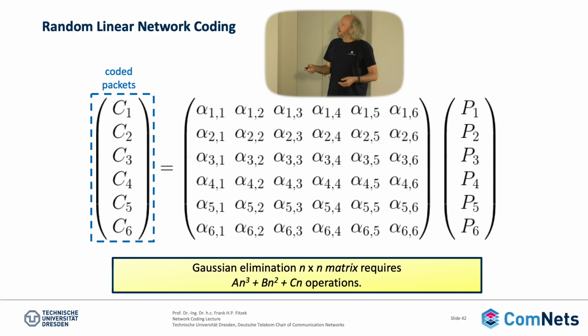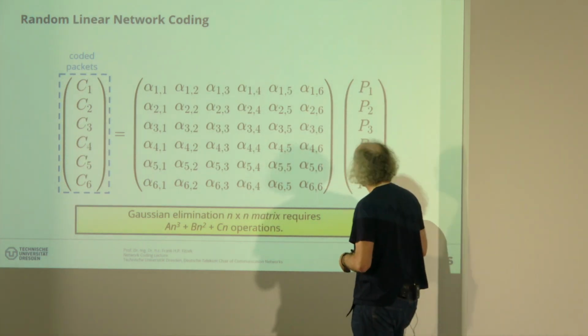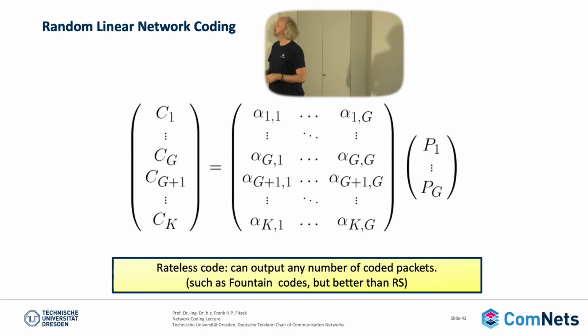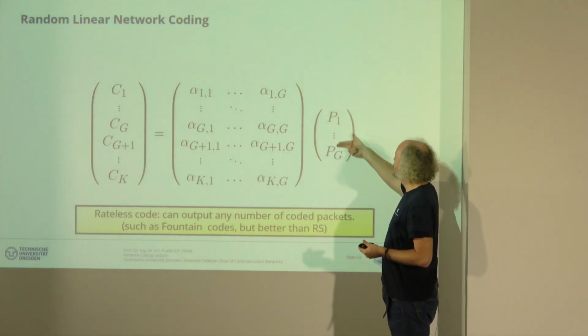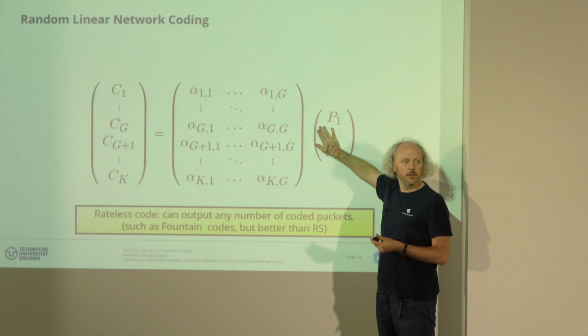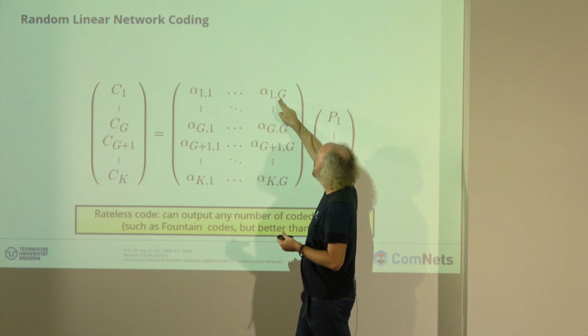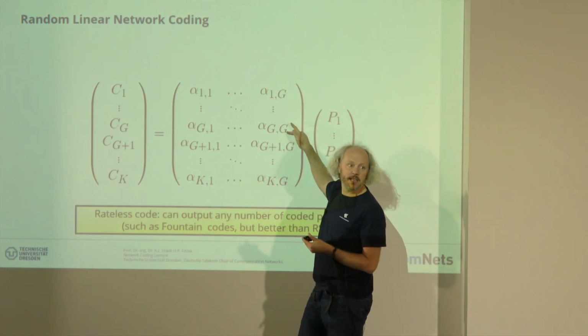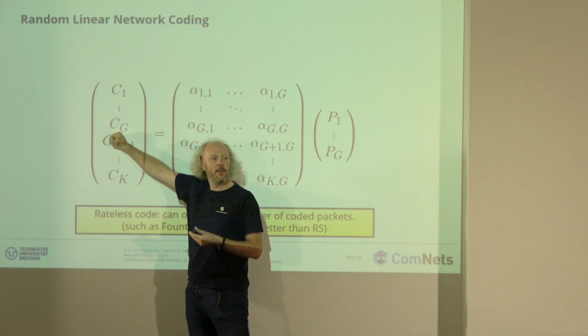Now, if you later want to decode this, there is some complexity involved, right? Because you need the Gaussian elimination. The complexity should be cubic. So the question is, how can we do this here? One thing, here we have 6 different original packets. We create 6 coded packets. If you want a more general one, we say, okay, we can have G packets. We call it a generation. So any G packets, which defines the width of the matrix, G elements. And we need at least G entries here, right? This gives us G coded packets because you need the G. Remember the comic strip in the beginning.